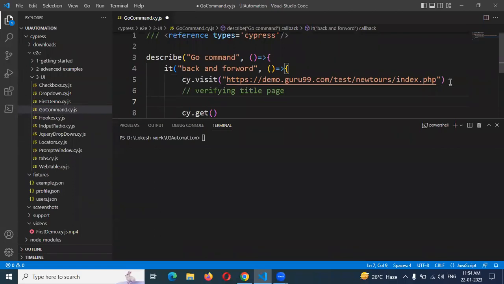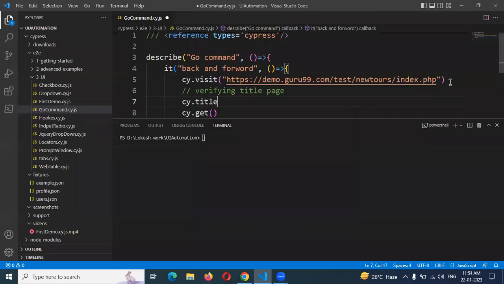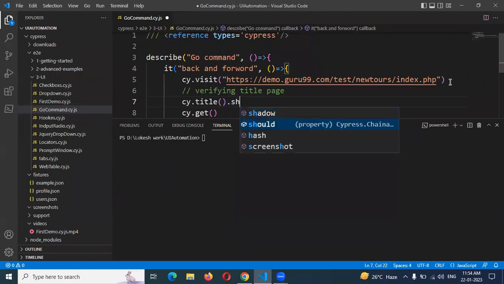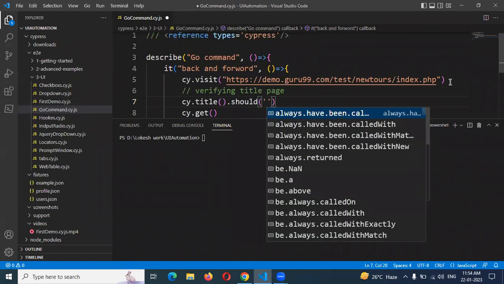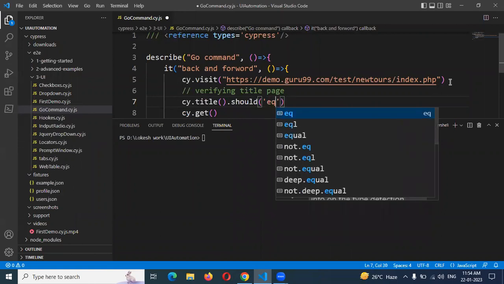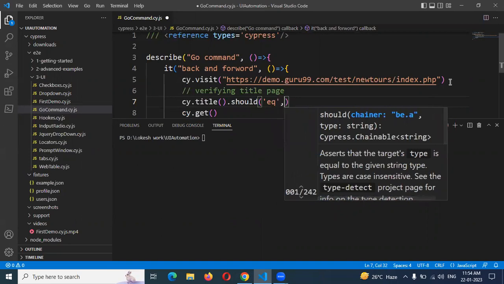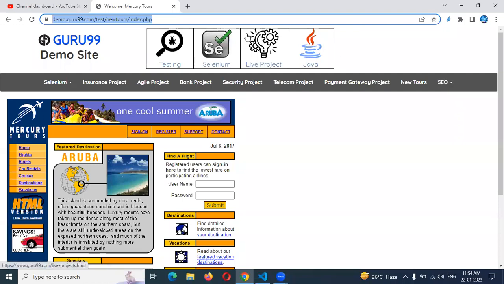For this we use cy.title. Title is a method, it will carry our title. Then we can use the should method, which validates whether it is equal to our title or not. For this we can use eql or equal, any method we can use. Then I'm going to use eq, then a comma and the title. What title do we need to use here? Our title is